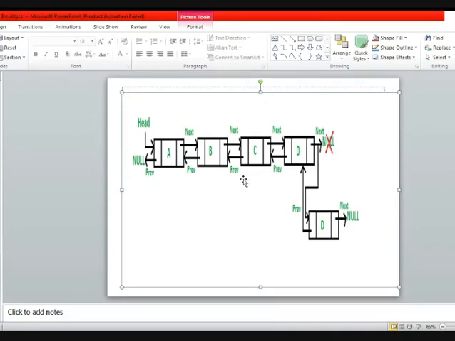Because in a doubly linked list, at each operation you need to maintain multiple pointers, it will be difficult for us if we do insertion at the end in a similar way we did in singly linked list. So what you have to do here in a doubly linked list is use two pointers.